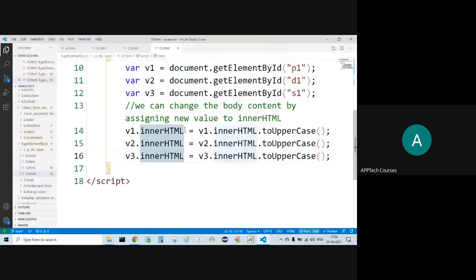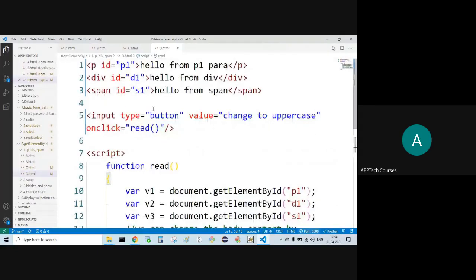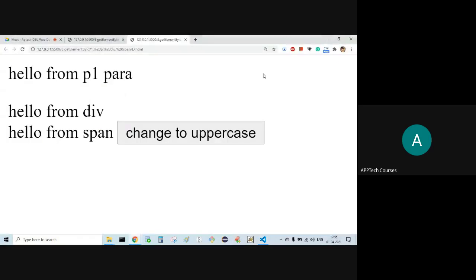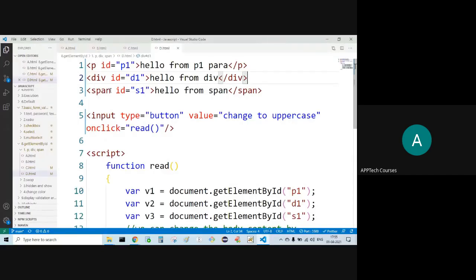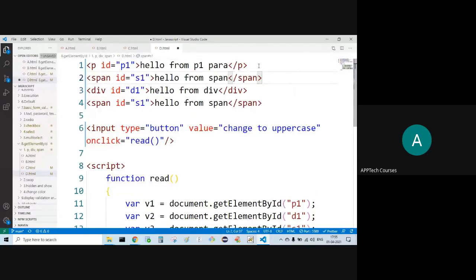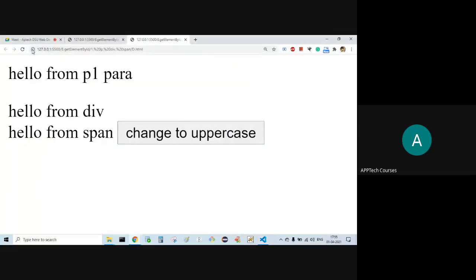Let's give one break here. Go from P1 para. See why I'm getting the next line in case of div. If block level, always it is going to start from a new line. But in case of span, see, here I'll be giving span. Refresh.